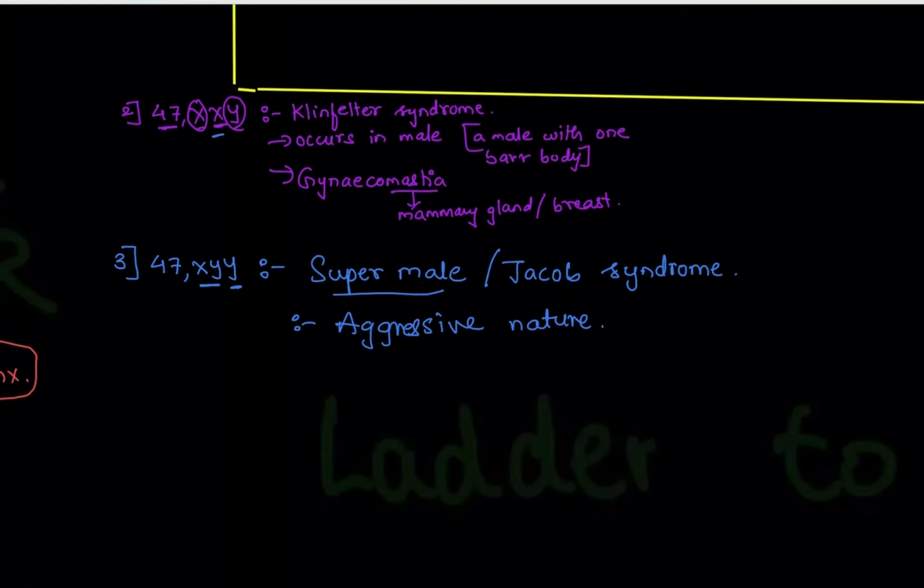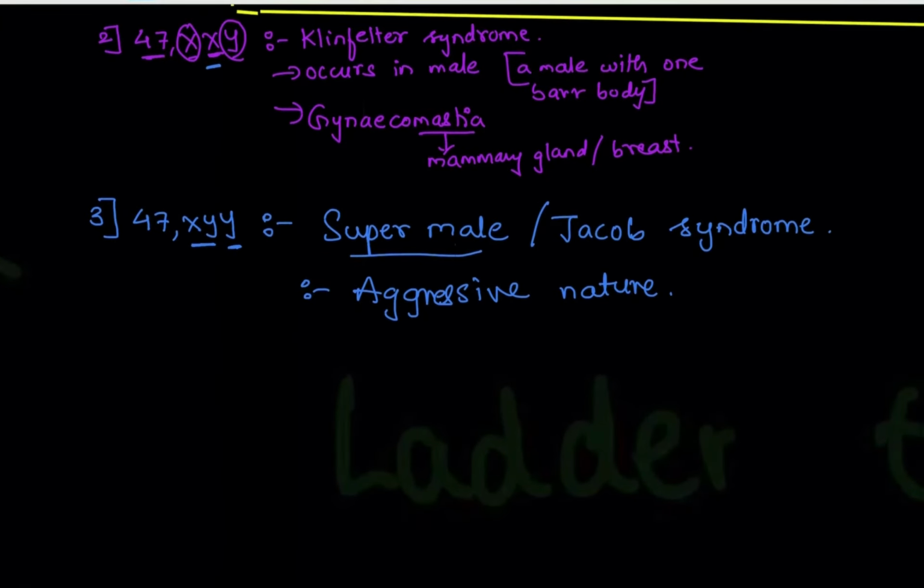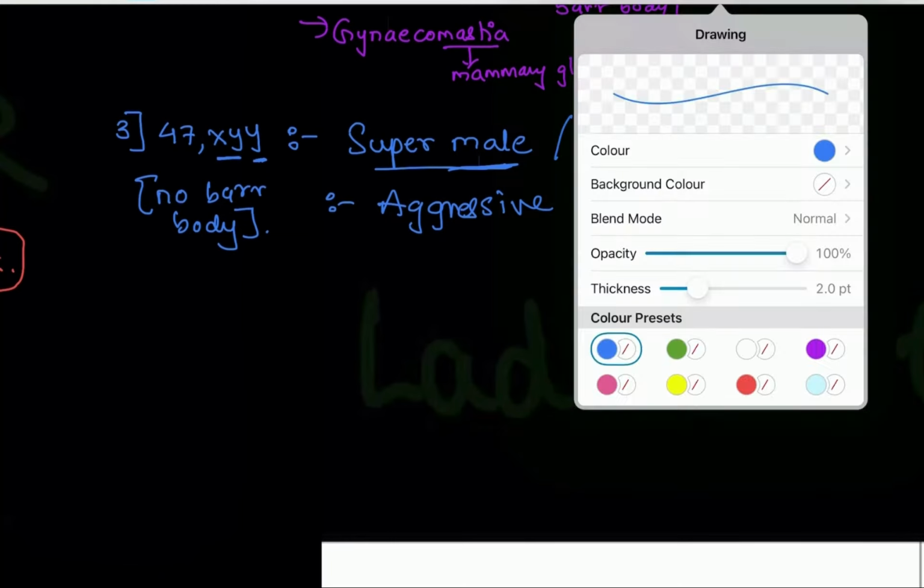In Klinefelter, there was one Barr body. But in super male, you can see there is no Barr body. So no Barr body will be found in that male, but there is an additional Y chromosome present. So he is suffering from a syndrome, and that is Jacob syndrome. Lastly, write down